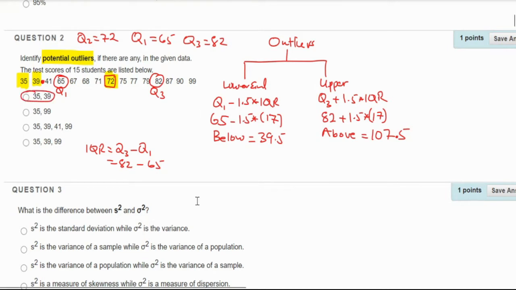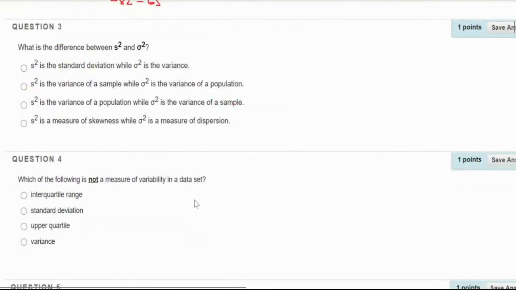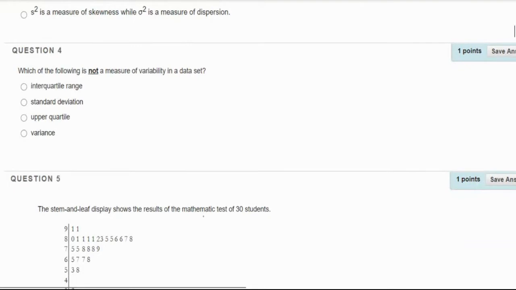Excellent. Now, question 3 is one of those questions where either you know it or you don't. It doesn't require a calculator. This is for the sample and this is for the population, and the square indicates that we are looking at the variance. So this is sample variance, and this is population variance. I believe that will be the second one. Excellent. Now the next set of questions, question 4, something that is not a